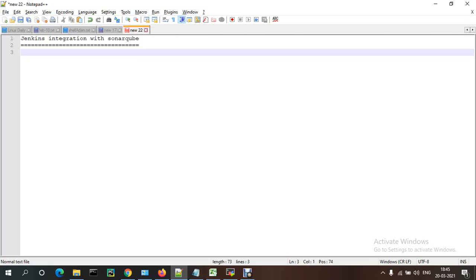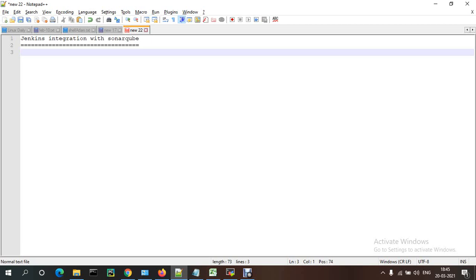Today we are going to discuss Jenkins integration with SonarQube. SonarQube is mainly used for code quality and code analysis. So how can we integrate it with our code, to check how valid our code is and the quality gates, everything: whether our code has passed or failed, whether the build has failed or passed. To see the reports, we need to integrate with SonarQube.